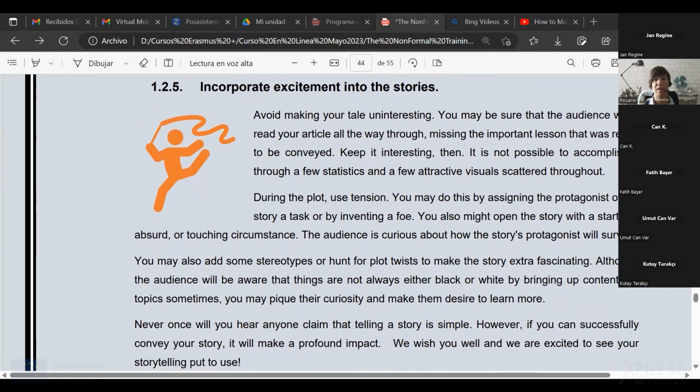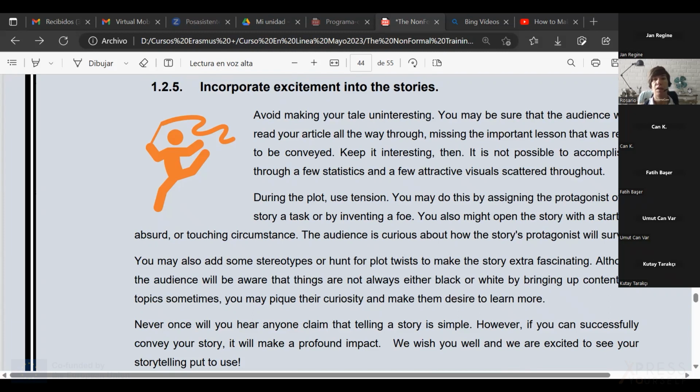So, incorporate excitement. How do we do that? Visuals, we said, of course, images and all that information that we have seen before, including data, including quotations, anything.